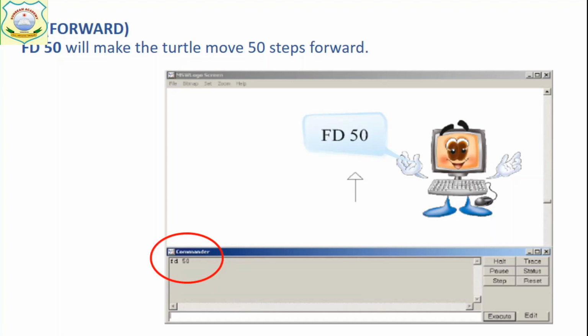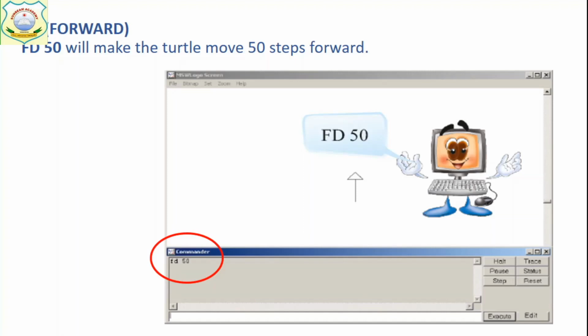फिर से समझो, FD forward command, we have FD. Now अब फॉरवर्ड कितना मूव करना है, you have to tell the turtle, कि आपको 100 स्टेप्स मूव करने हैं, 50 करने हैं, 60 करने हैं, 300 करने हैं, that you have to tell. तो you have to write the number of steps. तो for that what you have to do, you have to write FD space number of steps.